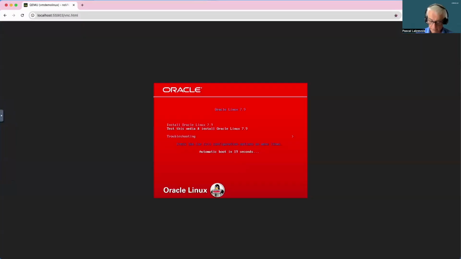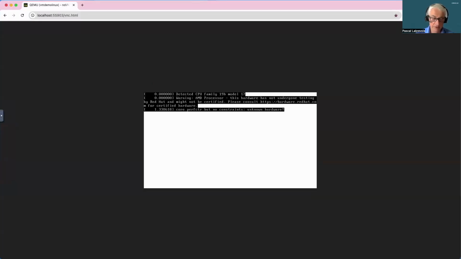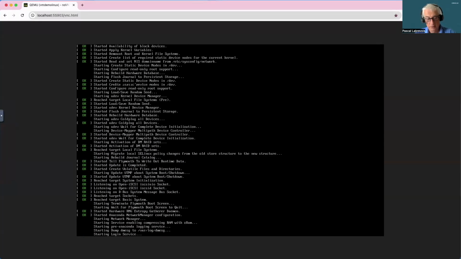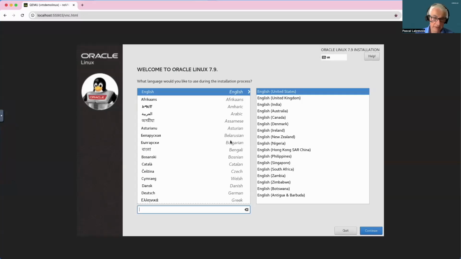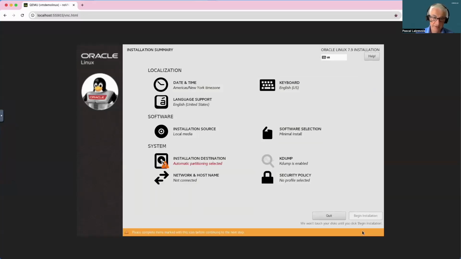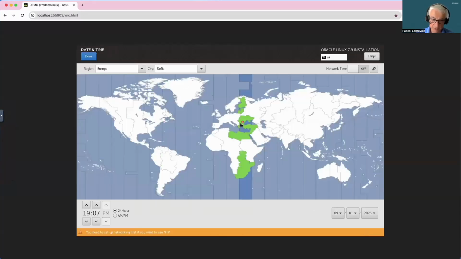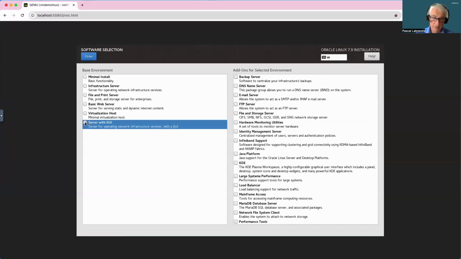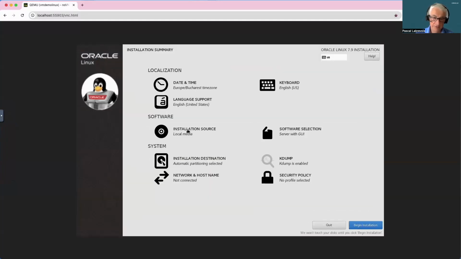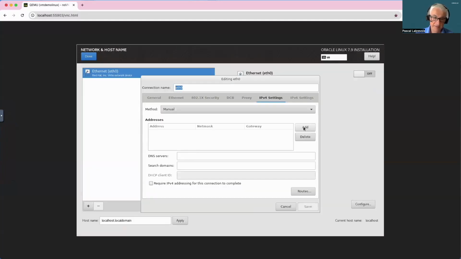So connecting to the VNC port, going on this very quickly. So setting up the time zone, the packages, the disk layouts, the Ethernet settings.